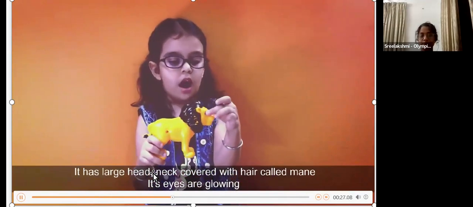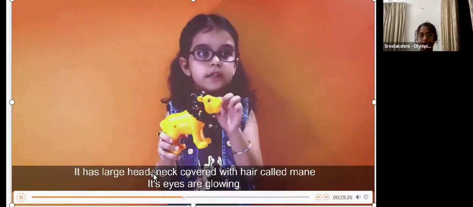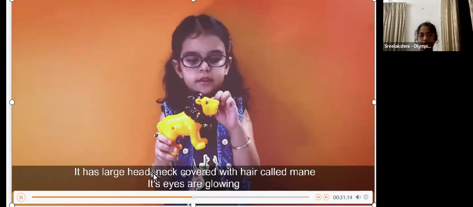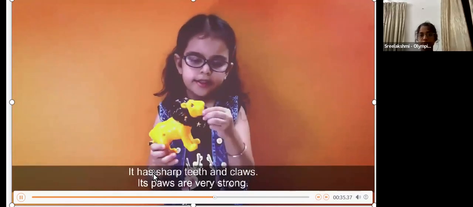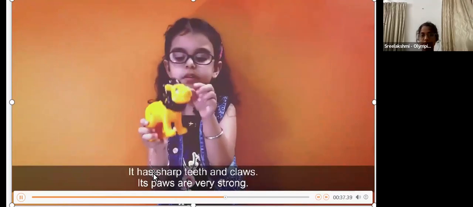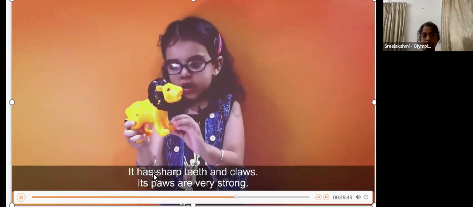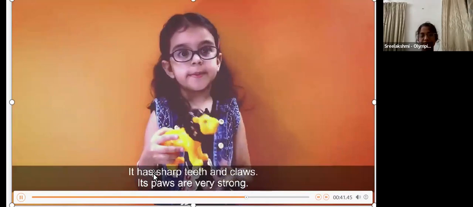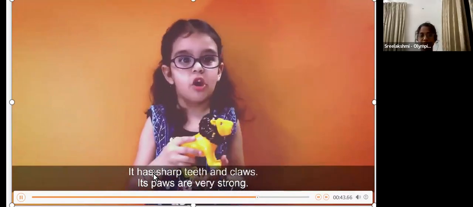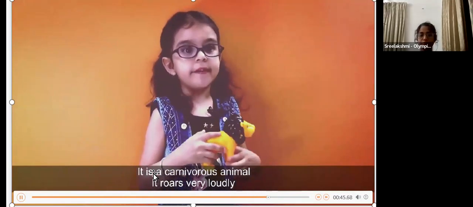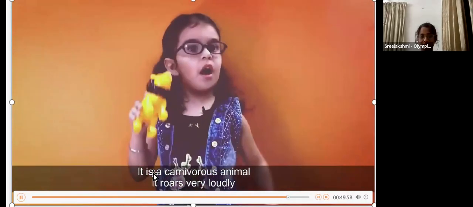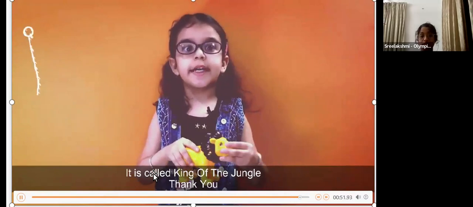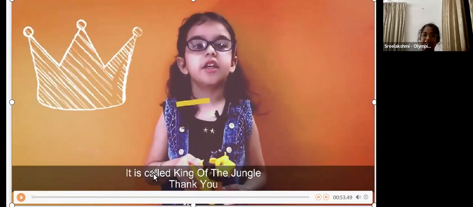Its eyes are glowing. It has sharp teeth, claws. Its paws are very strong. It is a carnivorous animal. It roars very loudly. It is the king of the jungle.